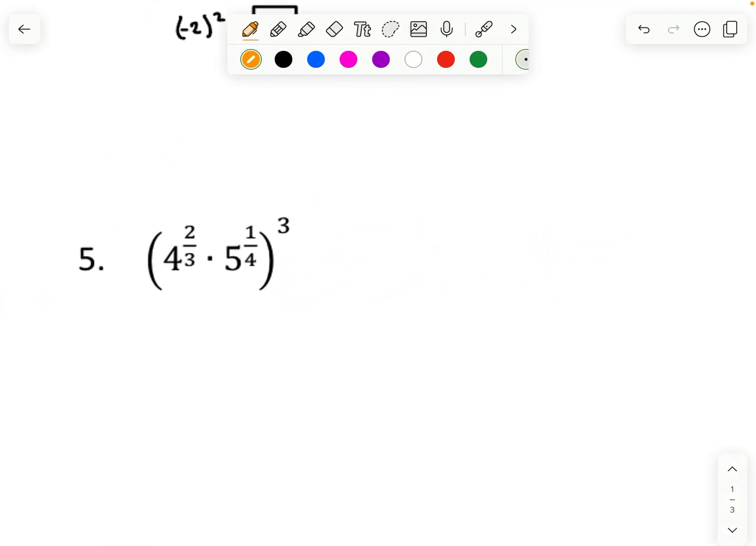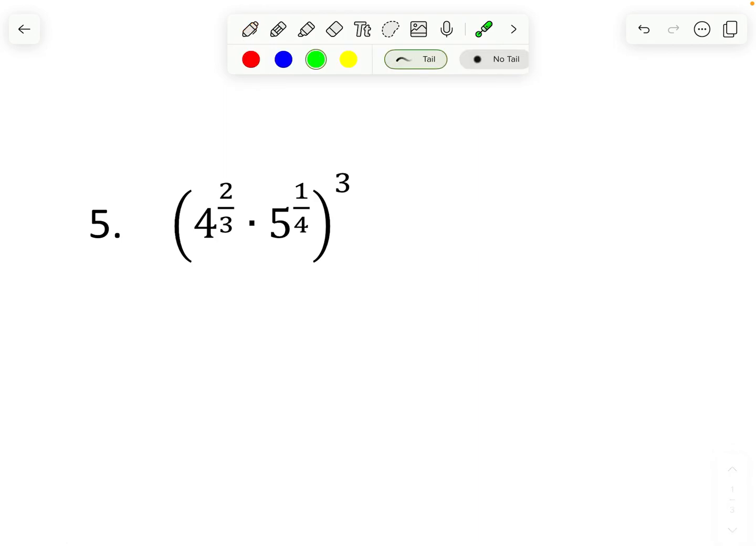Okay. Number 5. Since these don't have the same base, there's nothing you can do with these exponents. Like we can't add 2/3 and 1/4 because 4 and 5 aren't the same base. So I'm going to do what's kind of like we say distribute this. It's not really distributive property, but it behaves the same way. So I'm going to do 2/3 times 3 to get 4 squared, and 1/4 times 3 to get 3/4. And then there's really nothing you can do from here. I mean, you can rewrite 4 squared as 16,